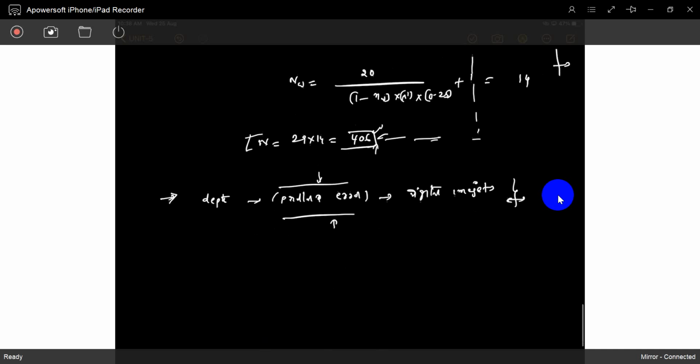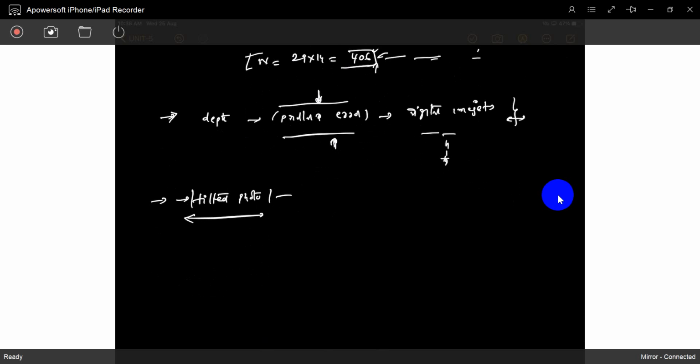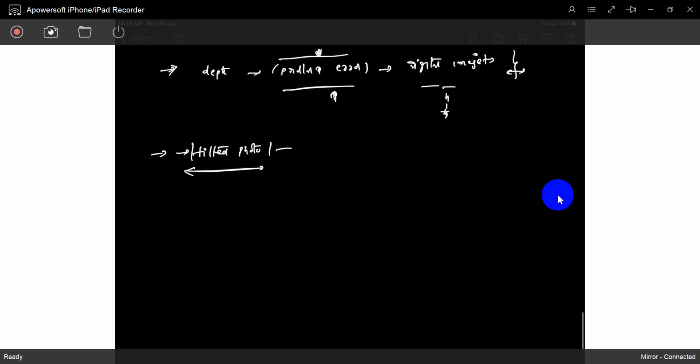There are only 20 minutes left, so in these 20 minutes I will discuss the tilted photograph. Next class we will see the parallax error and how we reduce it, based on which we can find out the height of any object or the depth of that point. So today we'll discuss tilted photographs. These formulas are somewhat sticky and hard to imagine, but okay.